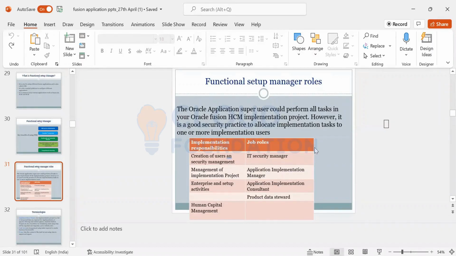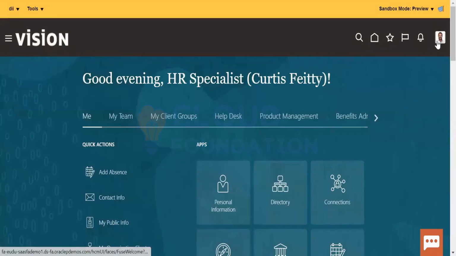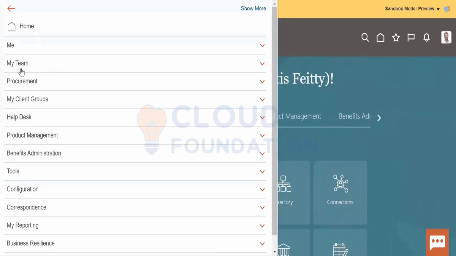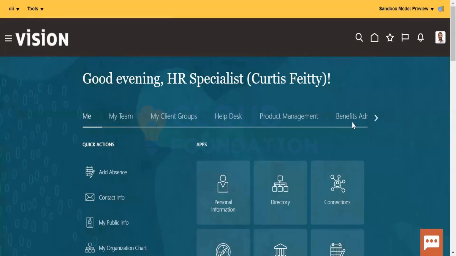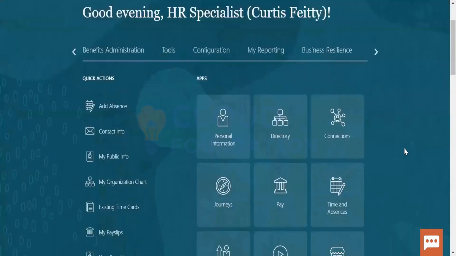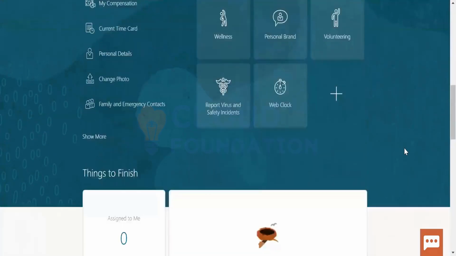What is the username? This is the username Curtis Party. So I'll tell you the navigation. This is the whole, my team, my client group. All these you can see. You can see the different tools and different things that we have.